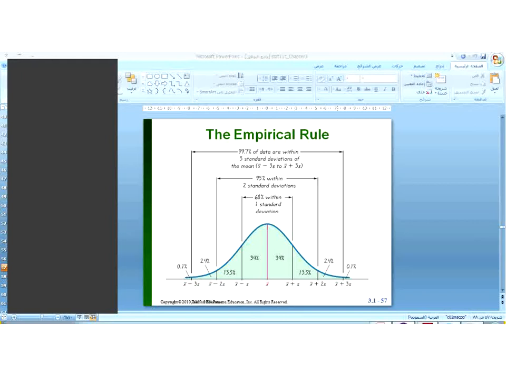So if someone asks you what is the true interval that 95% of the values will fall within, how many standard deviations will you use for 95? I will use 2 standard deviations, and for 68 I will use 1 standard deviation, and for 99.7 I will use 3 standard deviations. What does this mean? It means the probability